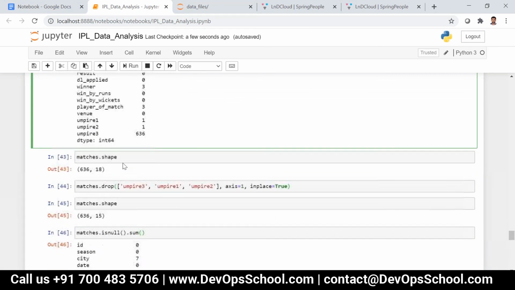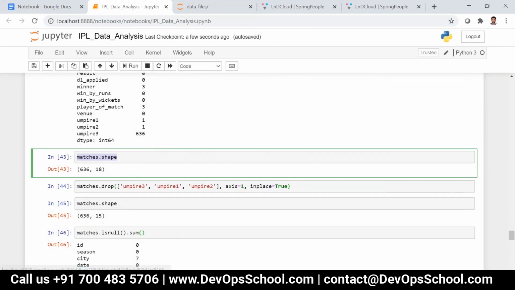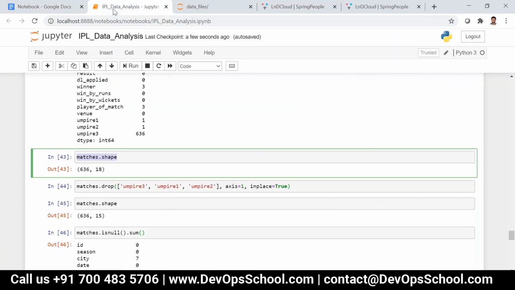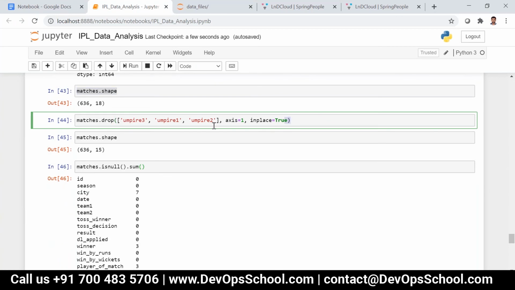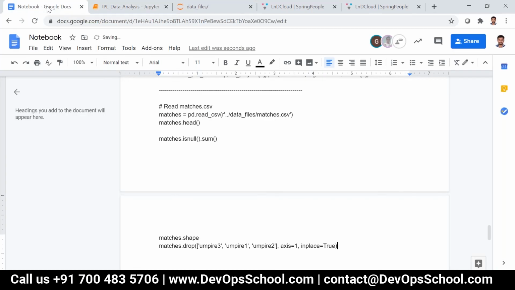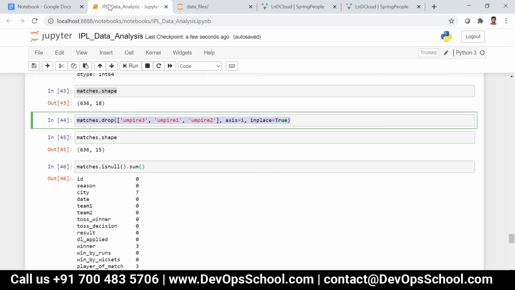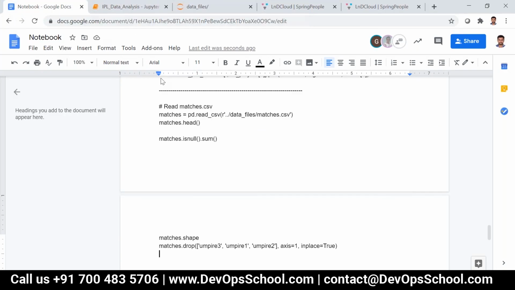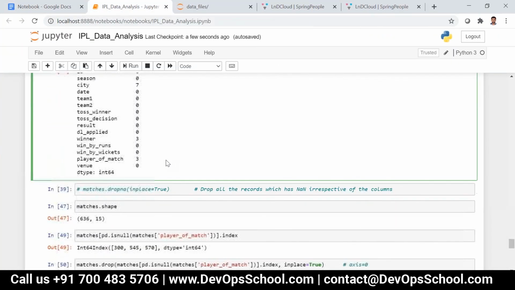For example, if you want to find who is the top scorer so far in IPL or per season, you need to combine these two CSV files, because in matches.csv we have the data only for the particular match.